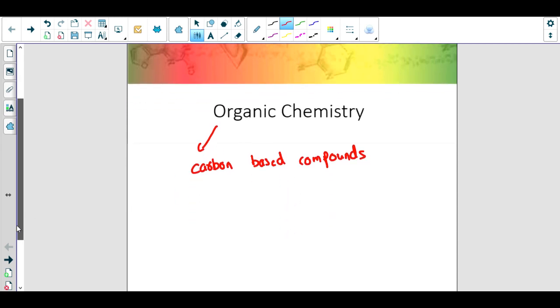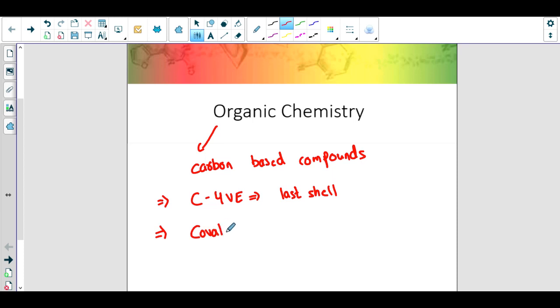Now let's see some important properties of carbon. First, the structure. Carbon has 4 valence electrons. Valence electrons are the electrons which are present in the last shell. Apart from that, carbon believes in sharing of electrons. It believes in covalent bonds. Carbon shares electrons to become stable. Carbon has the ability that it can make single bonds, it can also make double bonds, and it can also